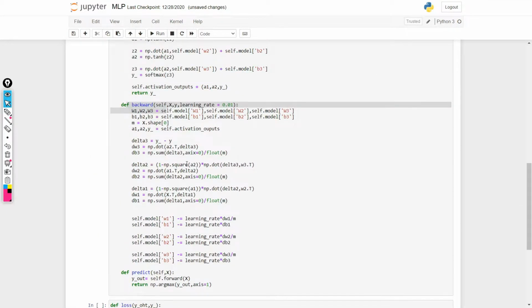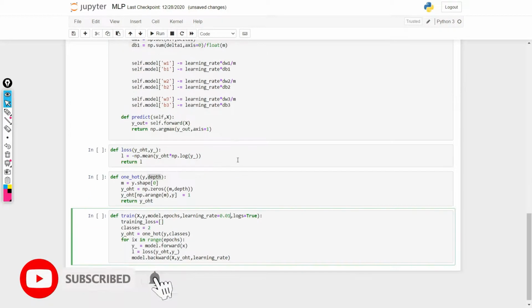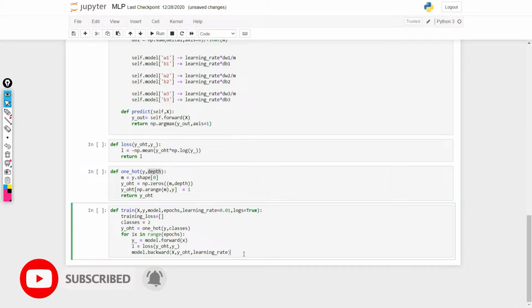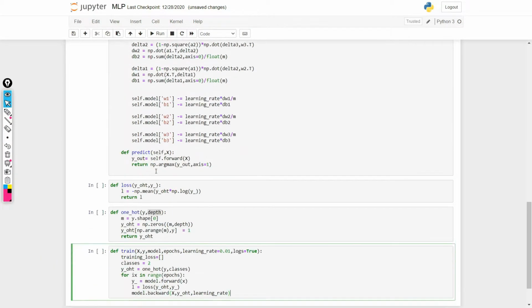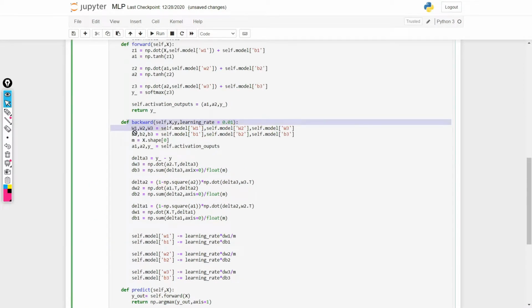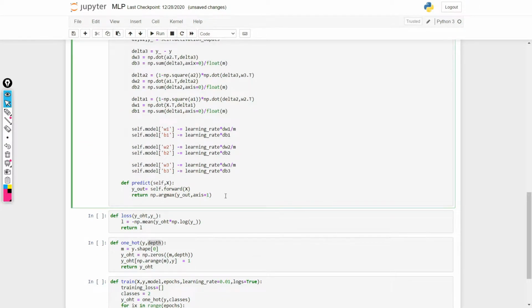Let's set the learning rate as 0.01. This will run this part once. If you only have one epoch, then it will update all the weights.